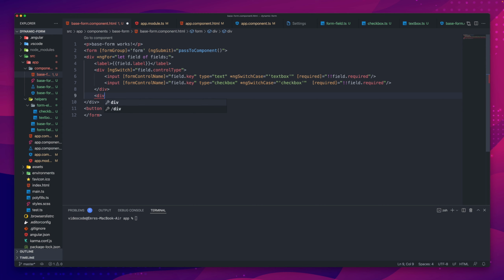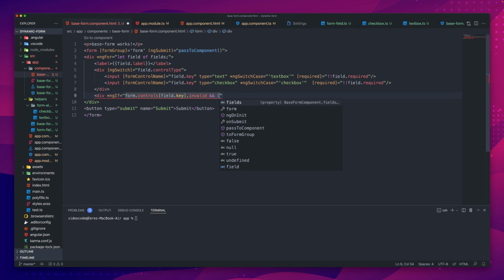That div will show error messages if form.controls, element key, field key dot invalid, and inside the parentheses form controls